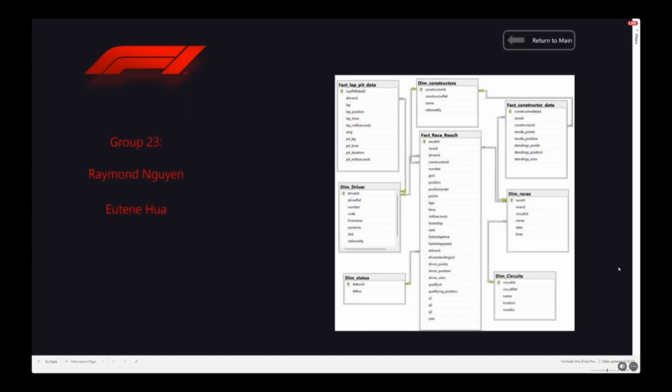So clicking on group information, we have our group info on the left and our ERD on the right. As you can see, there are 3 fact tables as well as 5 dimension tables. Going over the fact tables, fact lap pit data basically shows numeric values on lap and pit information. Our fact race result shows numerical value information on racers and the race. Fact constructor data shows numeric values on the team